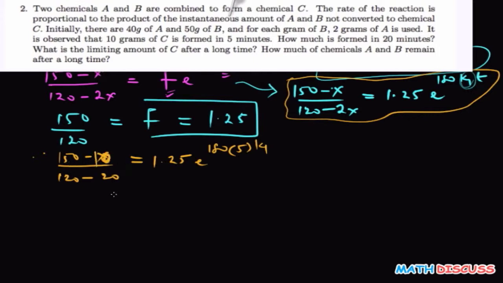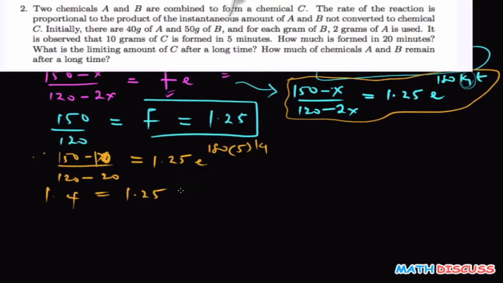So 150 minus 10, that's 140. 140 divided by 100, that's going to give us 1.4. So that's 1.4 equals